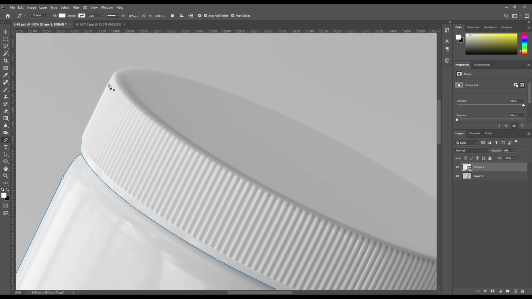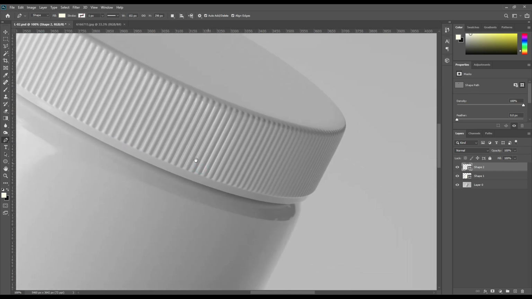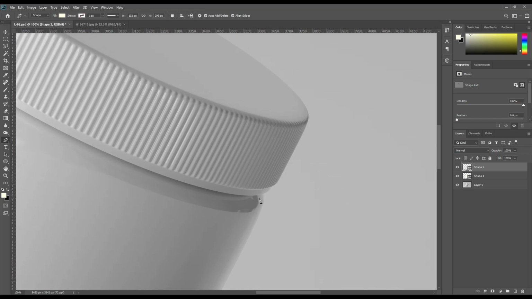We are going to create the same shapes for the cap area. Use the pen tool and just tap here and there. For the intersect point, you don't have to be precise.